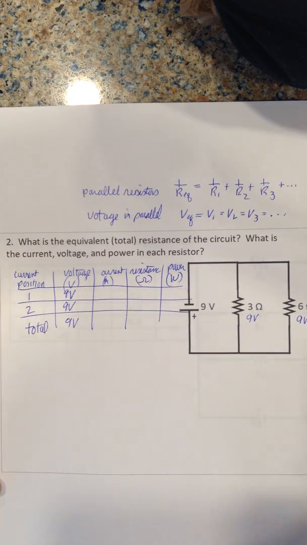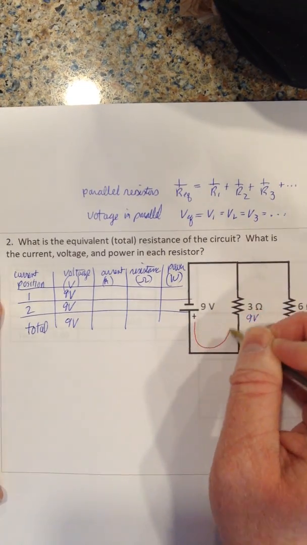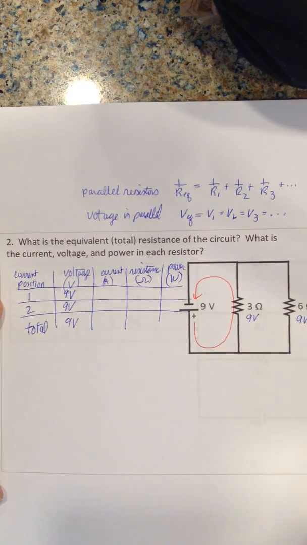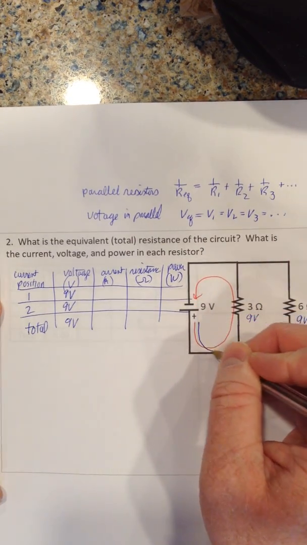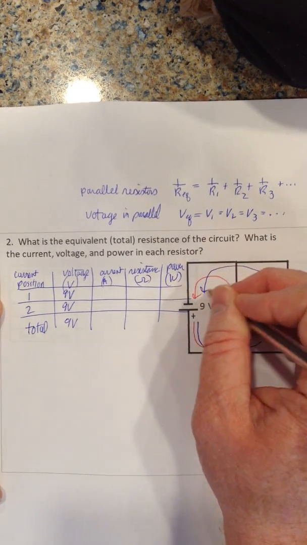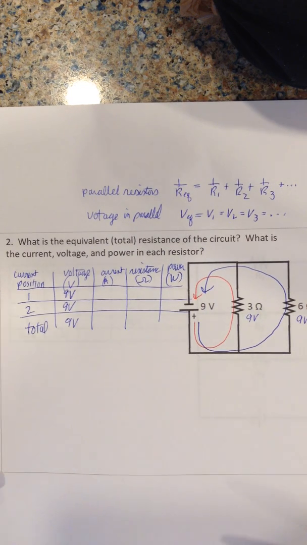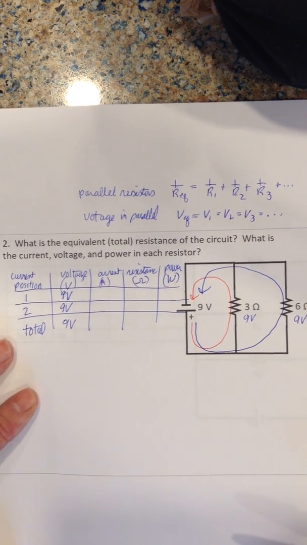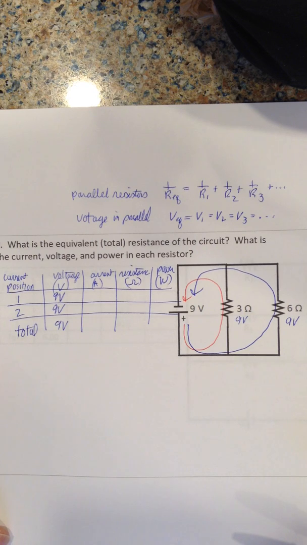Now, which way does the current go? Well, in this loop, it's going to go around like that. And in the other loop, it's going to go around like that. Now, think about what that means for voltage and power and brightness of bulbs and things like that. Okay, so